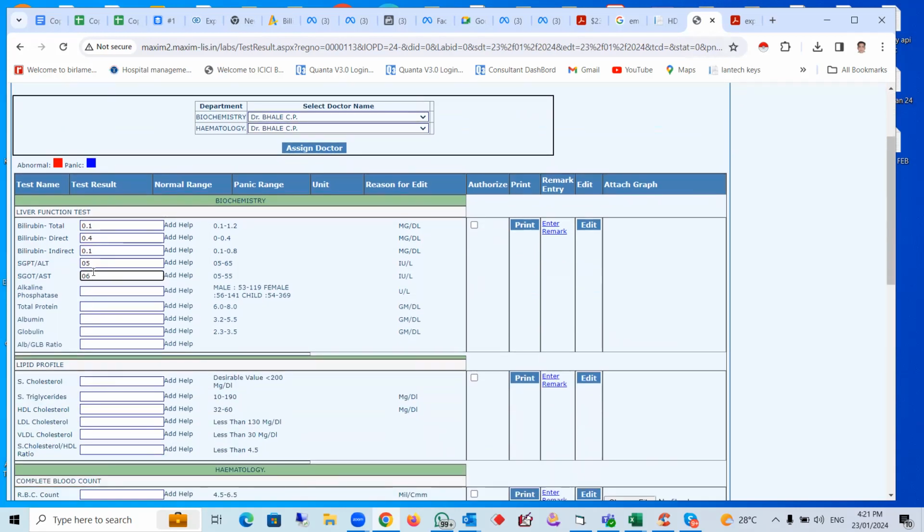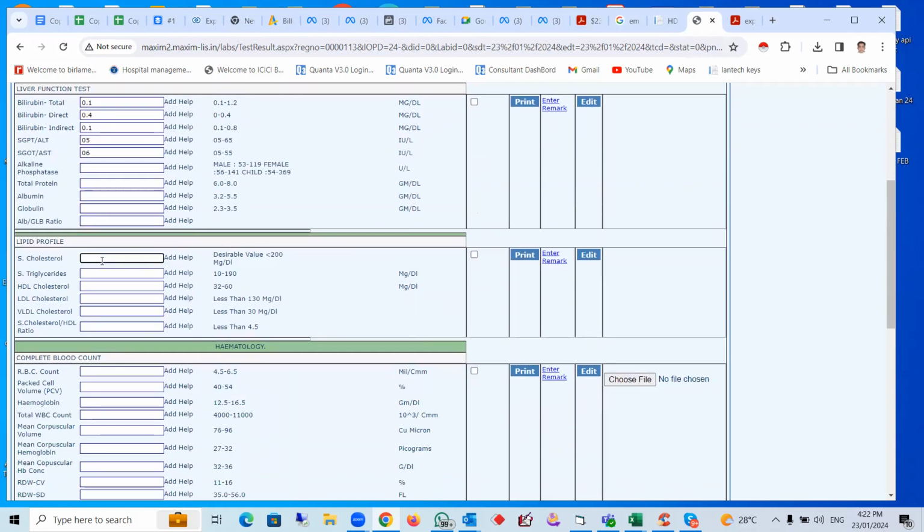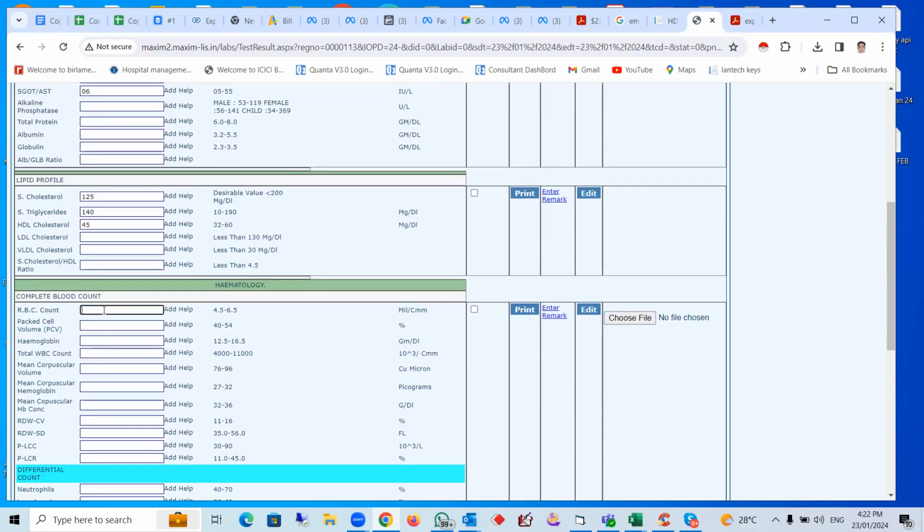Okay, whatever the values are there, it will calculate. It has all the formulas entered into the system. Okay, lipid profile, I'll type something over here: 125, I'll say 140, I'll say 45. These remaining values I want to calculate. Here I will type 4.5, I'll type 40,